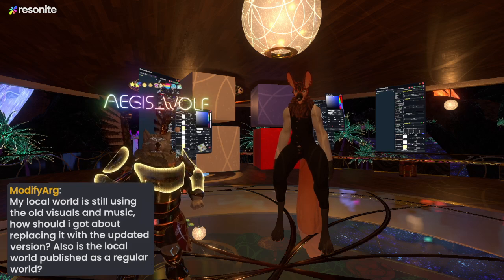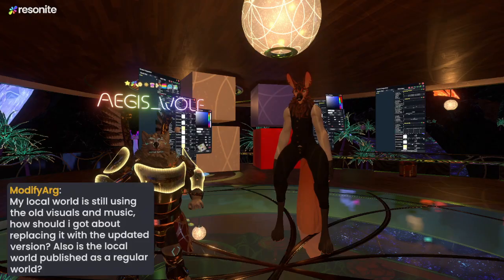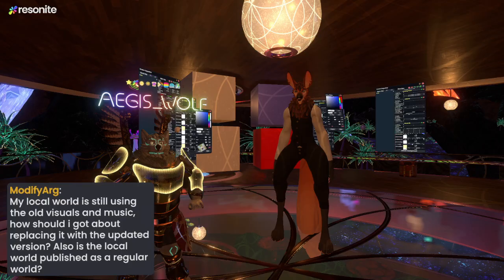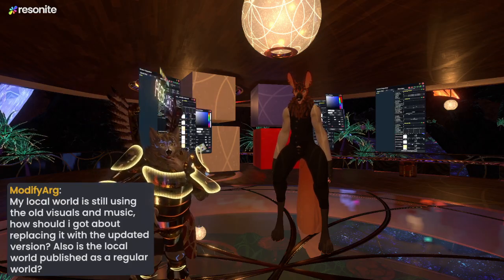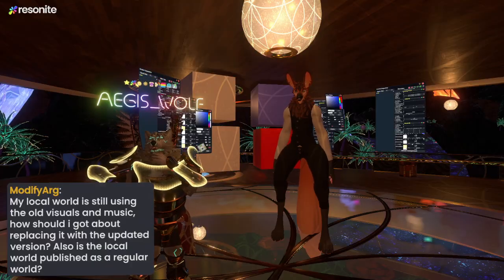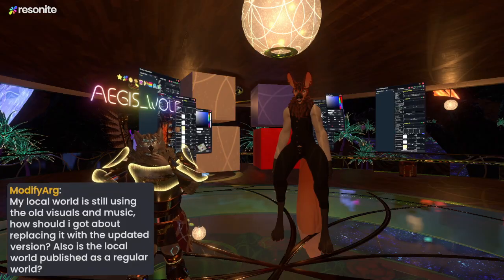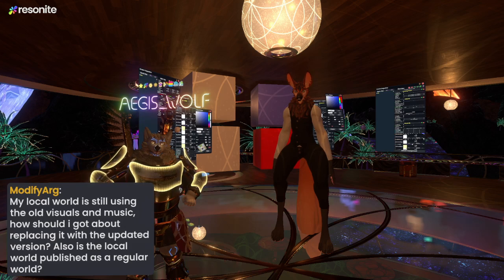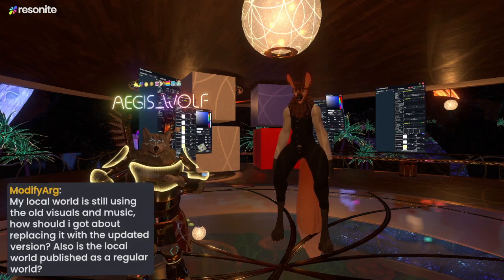I am not sure if it works with worlds though. That's the only thing, because world saving is a whole different thing. But it works if you save the assets in the world. I'm just saying in general, with world orbs and worlds, it'll save the world orb, but I don't think it'll save the world as a whole thing. So don't rely on that. But as Rue said, if you have a world within there and you want to transfer it over, it's best to put all the stuff in a slot and save that slot as a Resonite package.